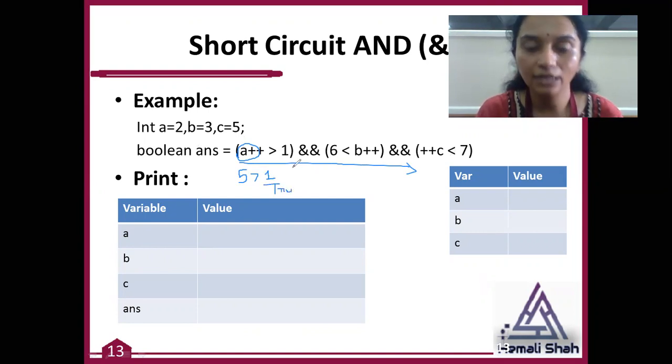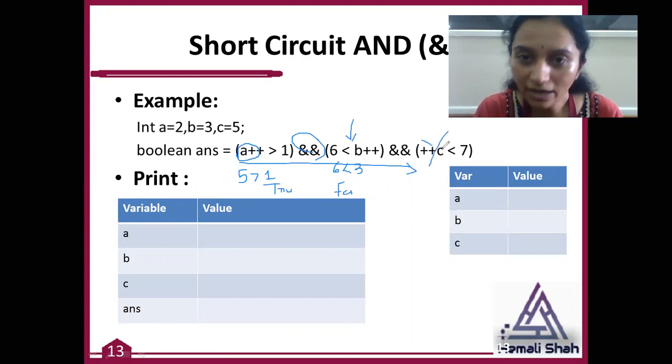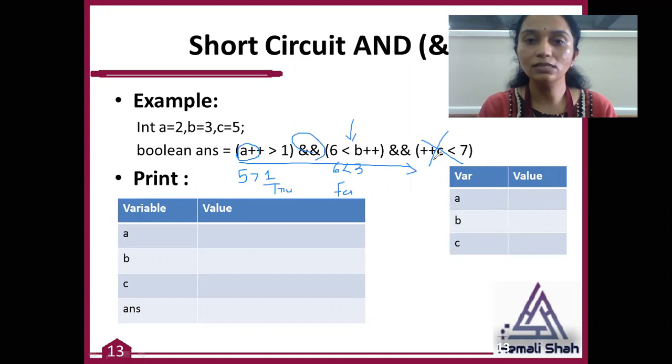In this expression I have used the AND operator, so it always executes the parts of the expression until you get a false value, right? So this expression value is true. Now it checks the second expression: 3 is less than the value of B, 3. This value is false. That means it never executes the remaining part. That means plus plus C will never happen, right?